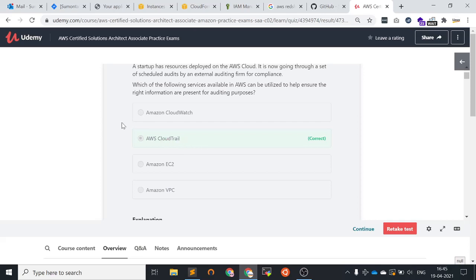So CloudTrail is the only option. The other options: EC2 is for computing, and VPC is a network service. So only CloudTrail can collect all the logs which are triggered every second by the AWS account. So this is the right answer.